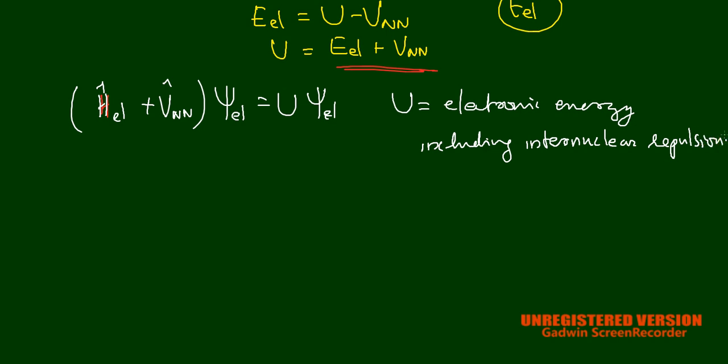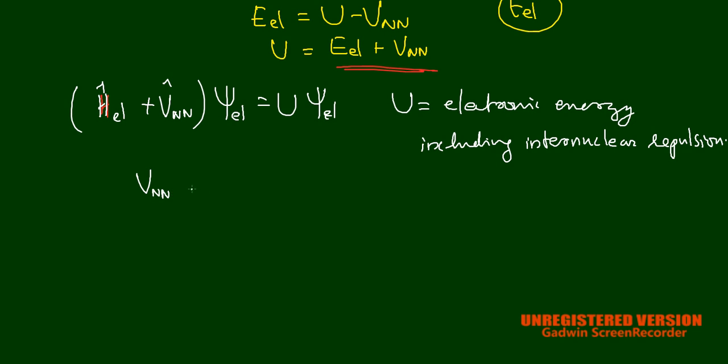Okay, so that's the electronic energy including internuclear repulsion. Now it is important that you understand what Vnn is. You already know what Vnn is. That is the potential energy due to nuclear repulsion, right? In other words, we can write Vnn is equal